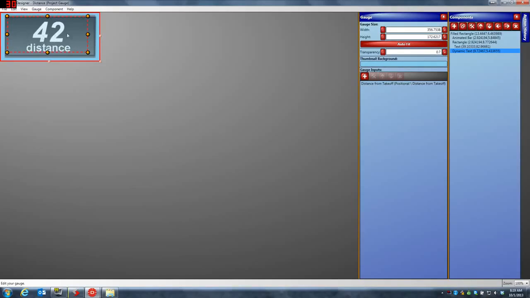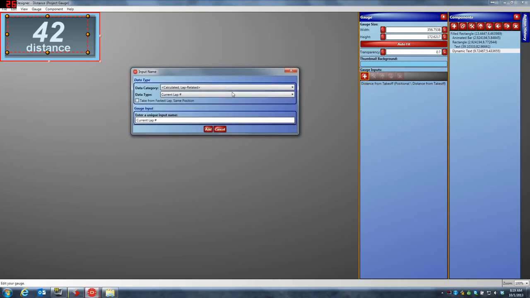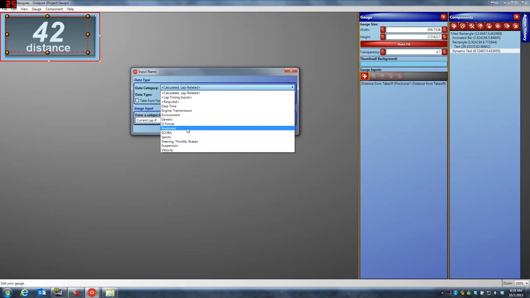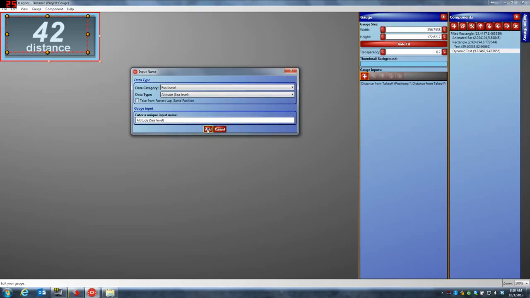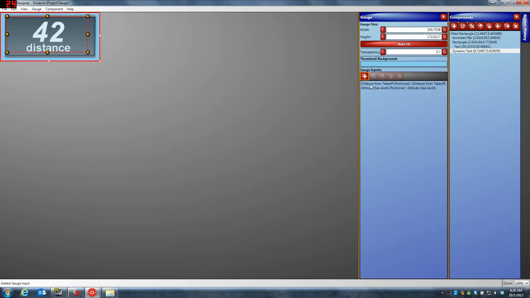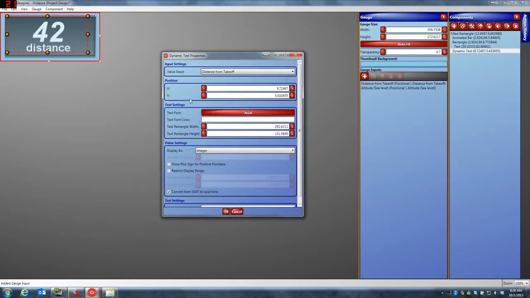But let's say we wanted to use this gauge to show how high we are, sea level, altitude wise. What we need to do is add that field, which is a positional field, and here's all the different positional things we could grab. This could be a heading, but let's say we want altitude from sea level. When we click add, it adds a second item into the gauge inputs. So when you double click on the 42, right now it's attached to distance from takeoff, but if we select altitude from sea level and hit OK,